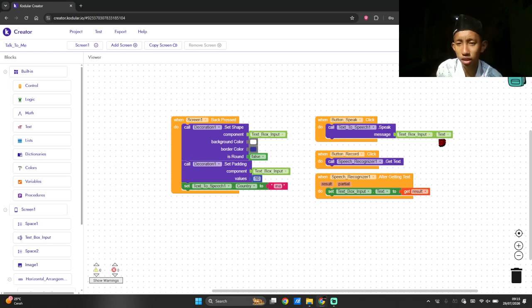And when button record is clicked, call speech recognizer and get text. So when we click it, the phone will listen to what we say. The speech recognizer sets the text box input text to the result.